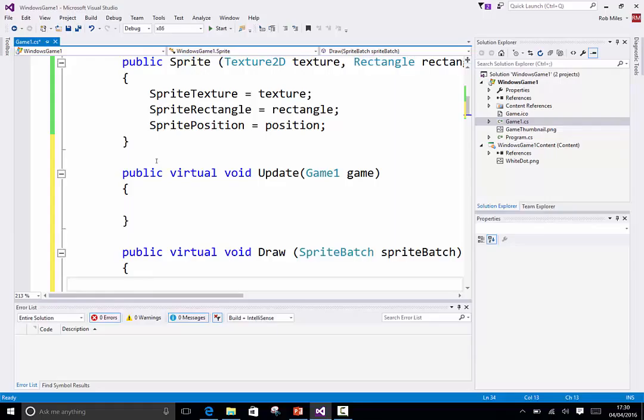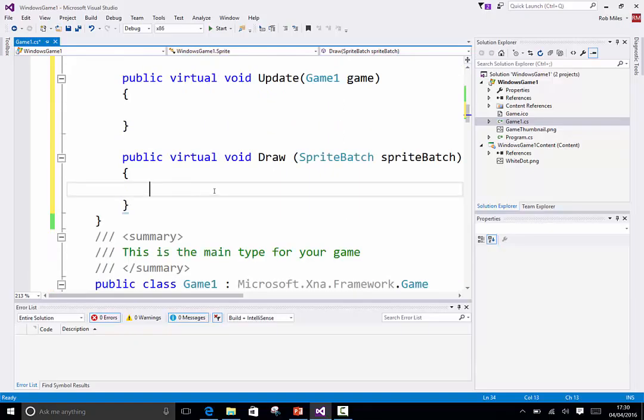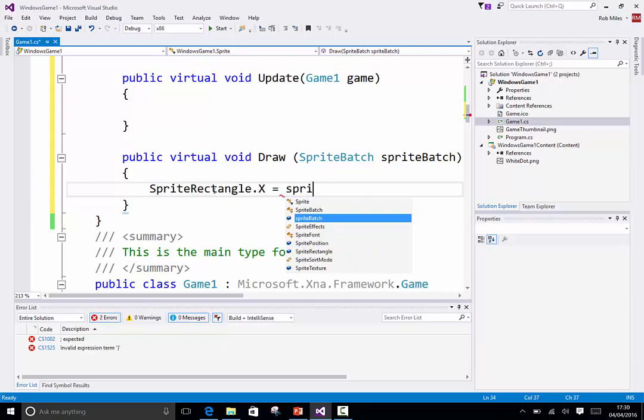I can override it, yes. Children can provide their own updates and draw behaviours. The way my programs work, this is just how Robert does it, but it works quite well for me too. When you call draw, it does two things. Draw does this. It goes sprite rectangle dot x equals sprite position